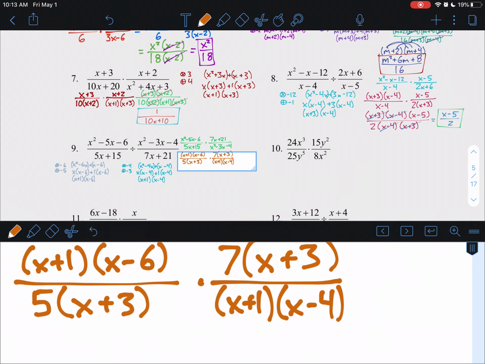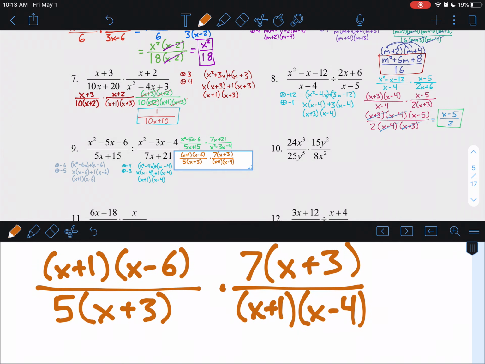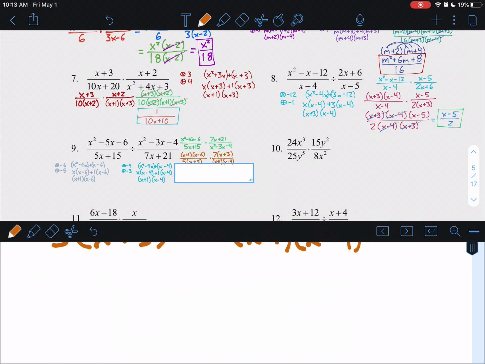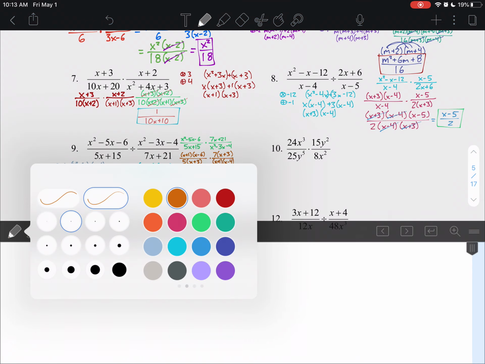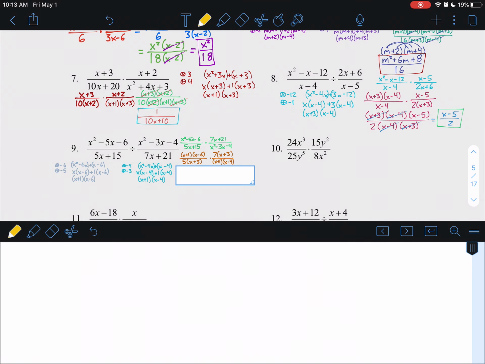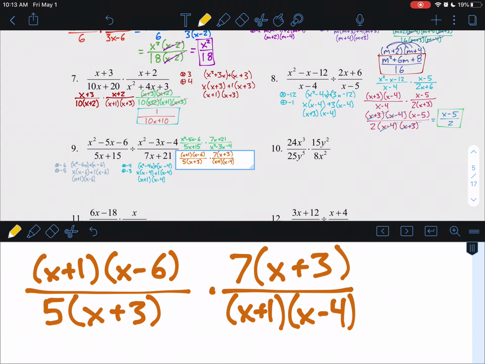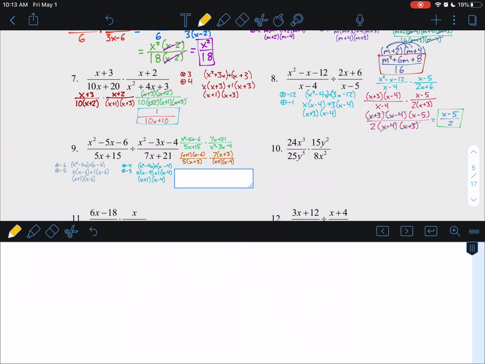All right, so now I have this big fraction. Got to multiply everything together. Or I have these two fractions, I've got to multiply them together into one big fraction. I'll use this one in yellow. Okay, so that's going to give me the first part. Now I want to put my numbers out front, and my plain number when I multiply everything in the numerators together is 7, which means I'm going to have 7